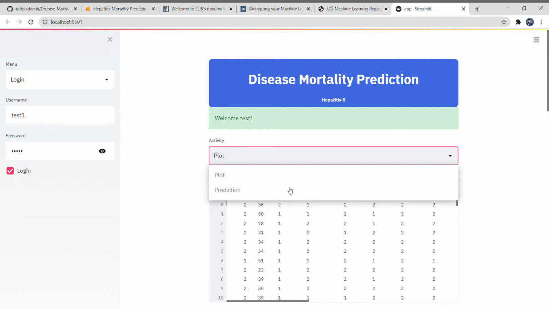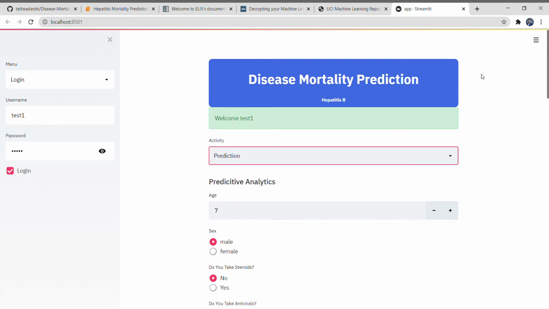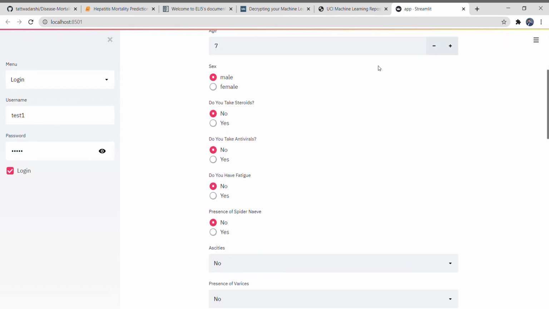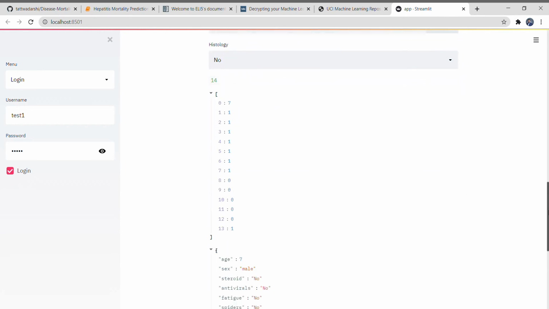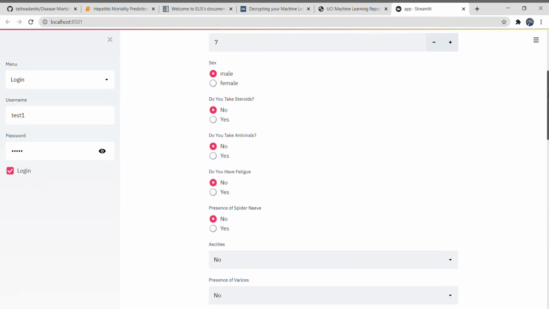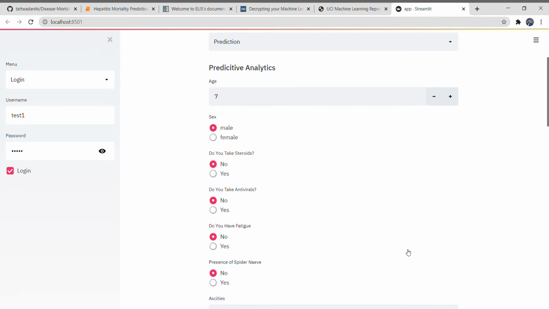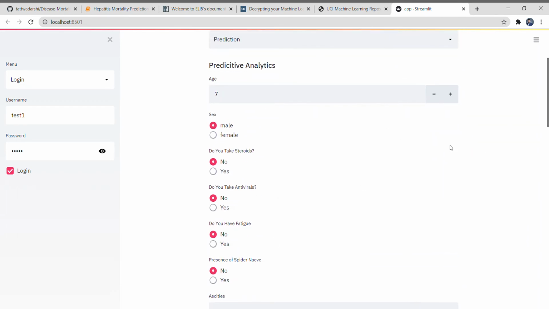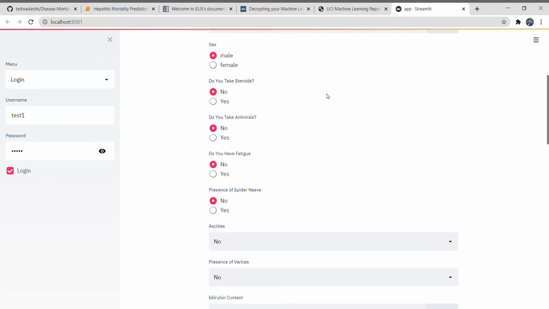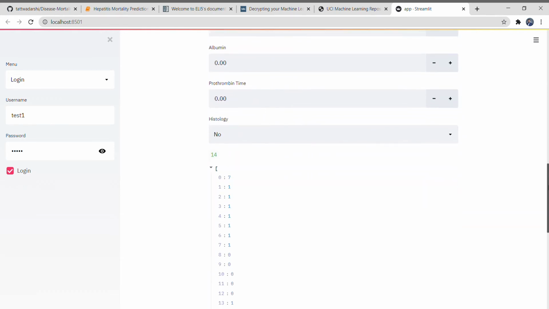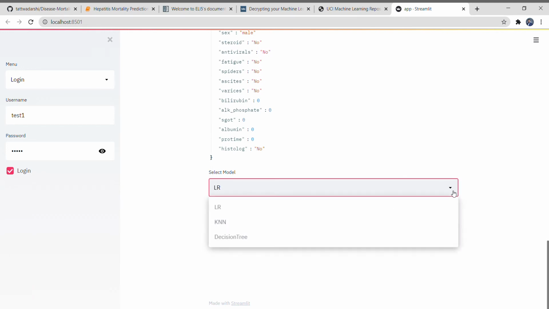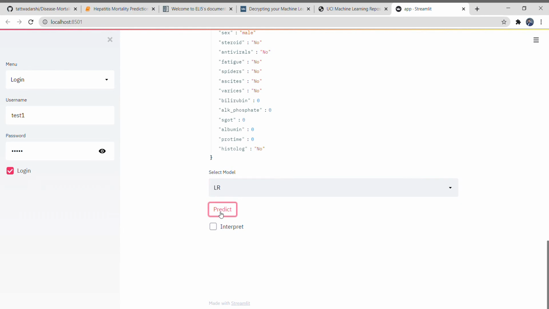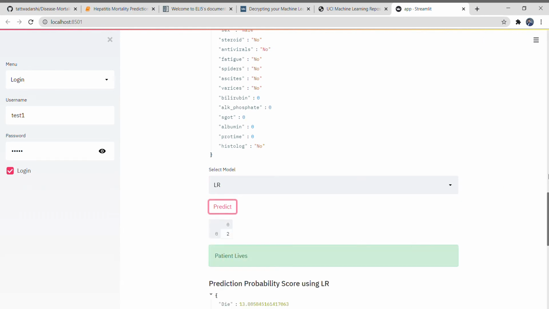So once you go to the prediction part, here are all the inputs you are going to give, based on all the details which you are going to input. We'll experiment with this quickly, but once you input some values and select a model, we are using three models: logistic regression, k nearest neighbors, and decision tree. Then if you click on the predict option, you're going to get the prediction, okay,